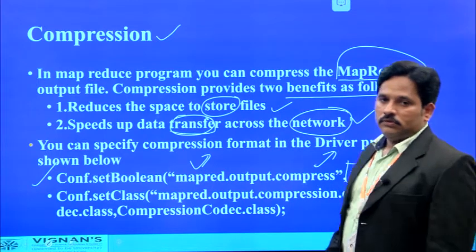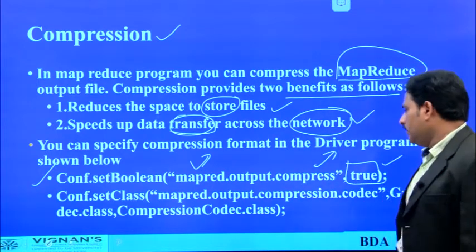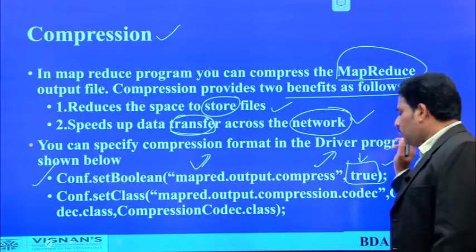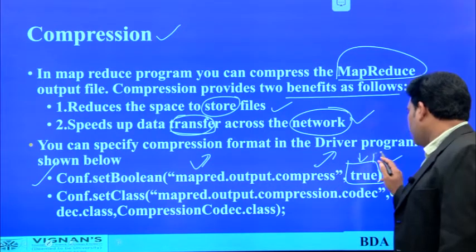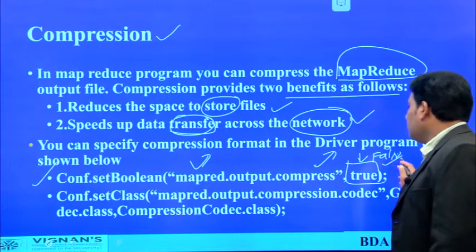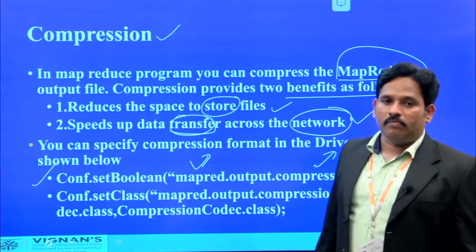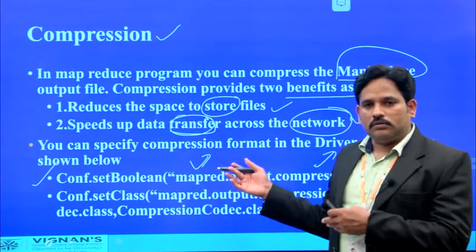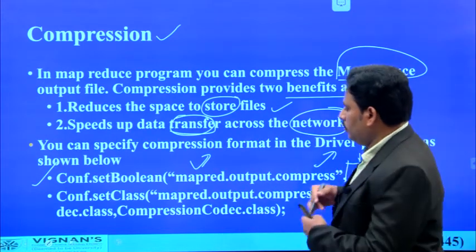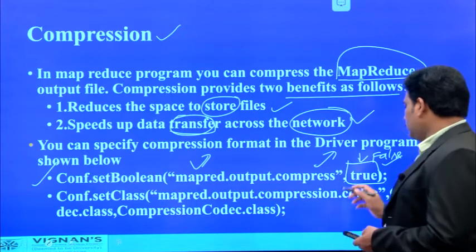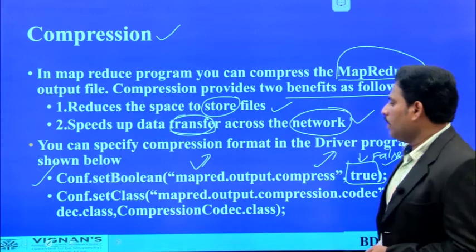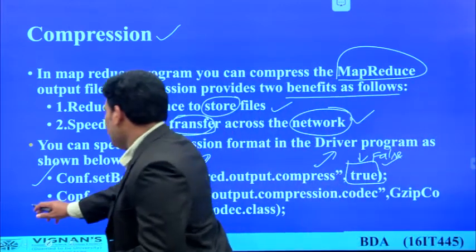mapper processing activity. That means here we are setting its boolean value to true. Let us take instead of true, here we have written false. What will happen? The compression operation will not be executed. By default, values will be saved in the target location. So in order to use the compression operation, we have to use the boolean value as true. That is mandatory. And the second one is, here we are setting the class label.